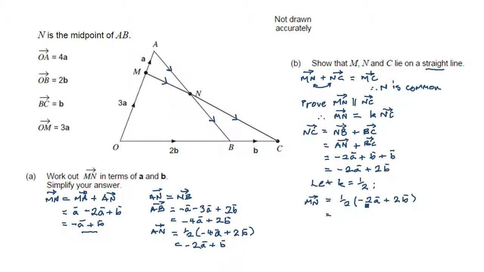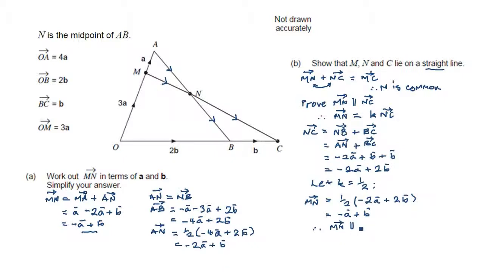And so now all we've got to do is, as it were, expand the bracket. So minus 2 times a half, or half times minus 2, is going to be minus 1. So minus a. And half times 2 is just 1, so b. So MN is minus a plus b,